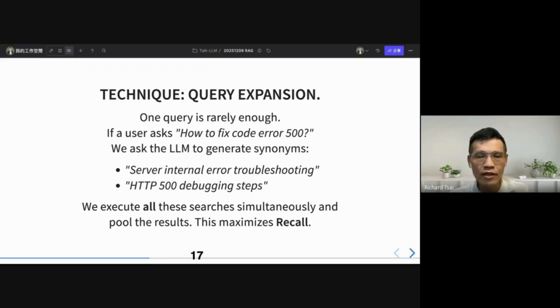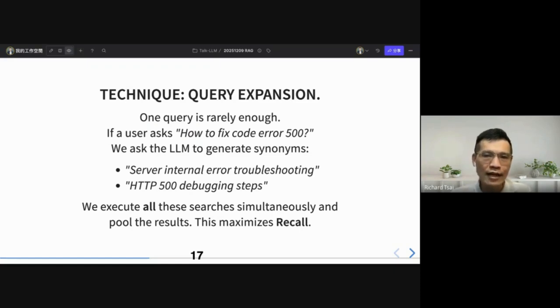So then we have another way to save the user. We call it query expansion, and this is a technique with a long history from the beginning of the retrieval field. One query is rarely enough.